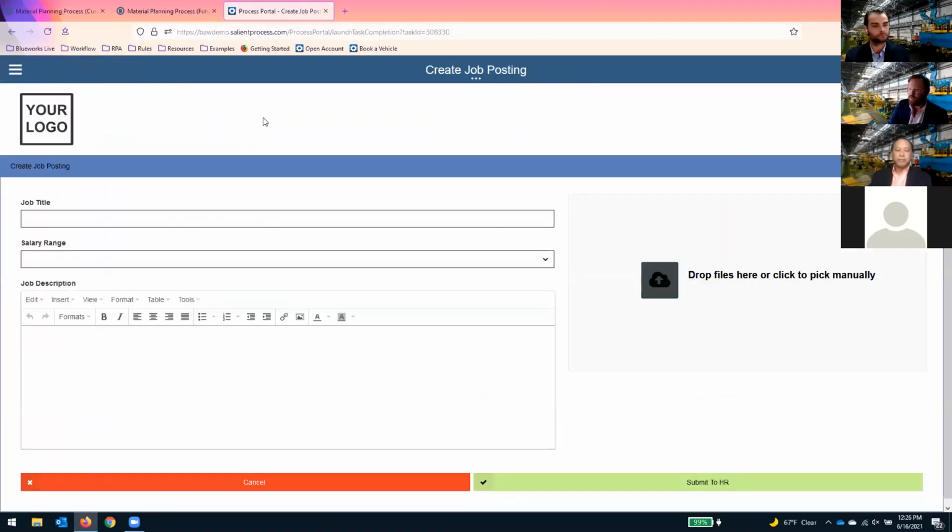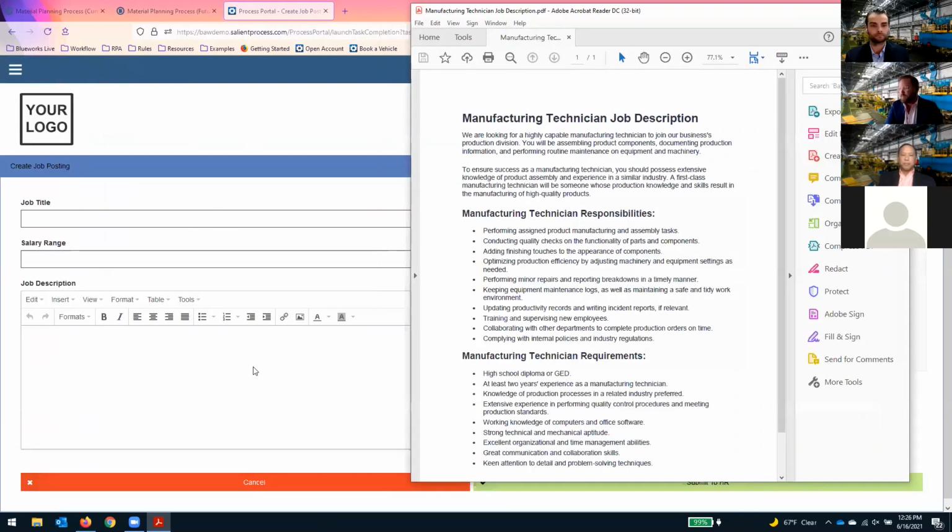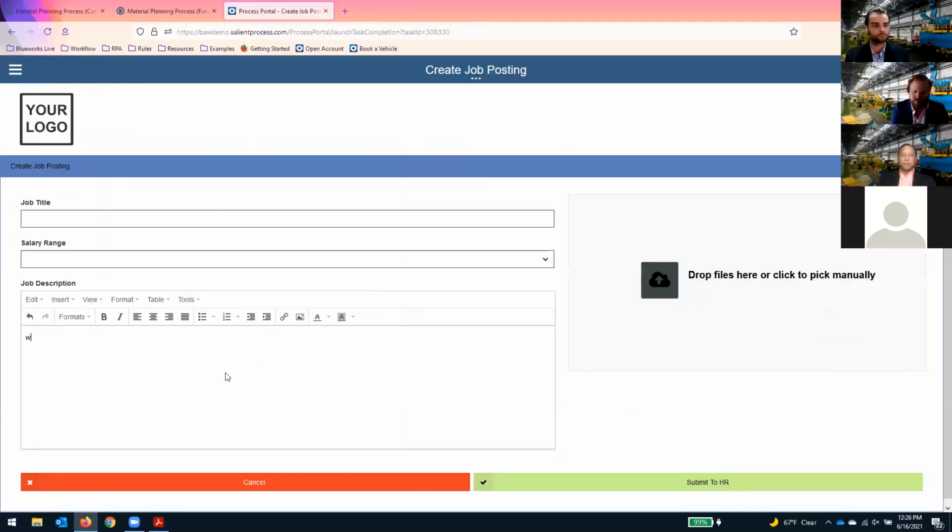So this is a different user interface, right? Here we're potentially bringing on a new resource. So we need to come up with a job title, a salary range, and a job description. And I actually have a job description right here. So, maybe I want to take this document. We're looking for a highly capable,